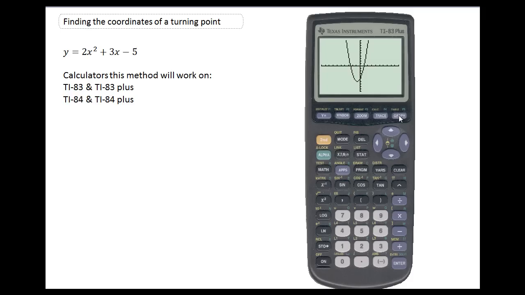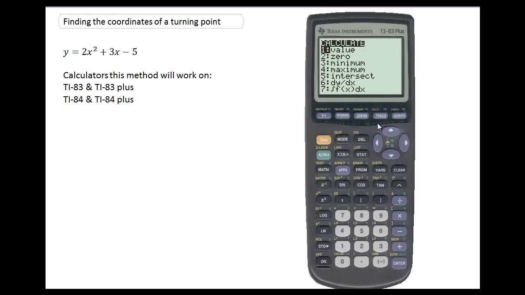Now, when we come to calculate a turning point, you have to classify it yourself. So we have to decide whether it's a minimum turning point or a maximum turning point. Well, this is quite obviously a minimum turning point. So when I press second, then trace to take me to the calculate menu, I can see there's an option